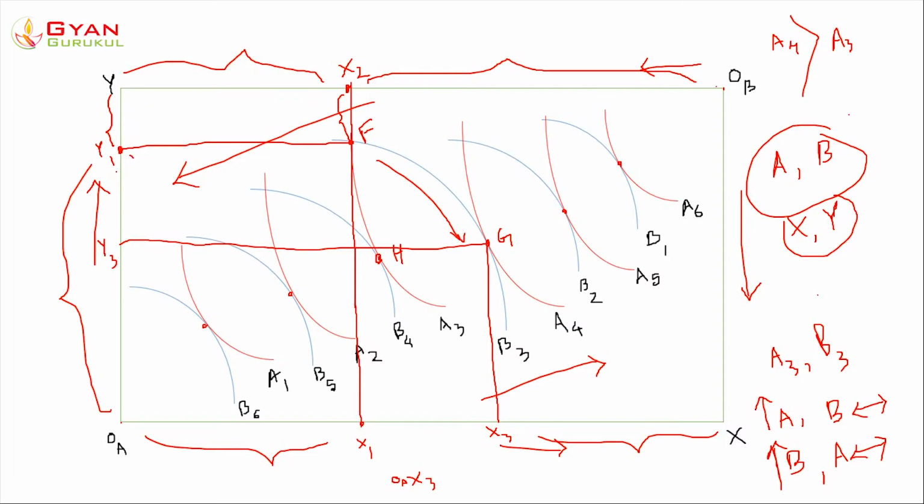Okay, therefore this much, Y1 Y3 amount of commodity Y has been exchanged with consumer B, or A has transferred Y1 Y3 amount of commodity Y to consumer B, right? So what did they do? Consumer A gave up some of the quantity of commodity Y and gave it to consumer B, and in return what did consumer B do? Consumer B takes some of the commodity X that he was previously consuming and gives it to consumer A, right? So there is a mutual exchange between the two, right?